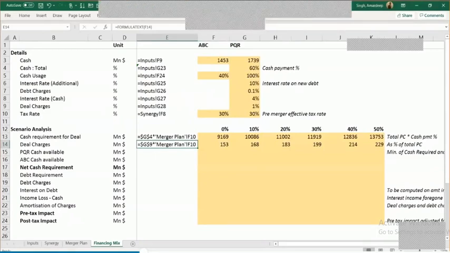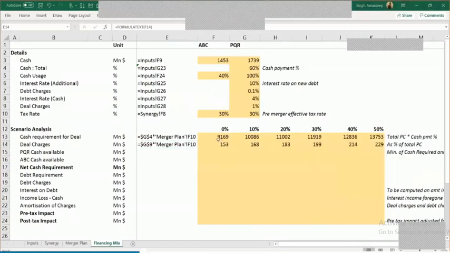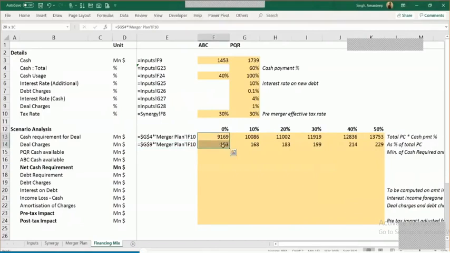So the total cash that I need over here, as you can see, is not just $9 billion, but also this $153 million. In total, I need 9322. So what we are going to do, we're going to check our own pocket and see what is the amount of cash that I have already got. So ABC will first of all see its pocket and see that I've got a cash of approximately $1.5 billion. This is the amount of cash that I have in my bank account as of today. Right?